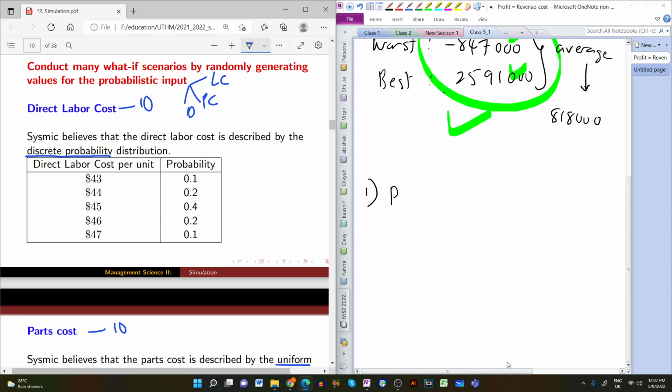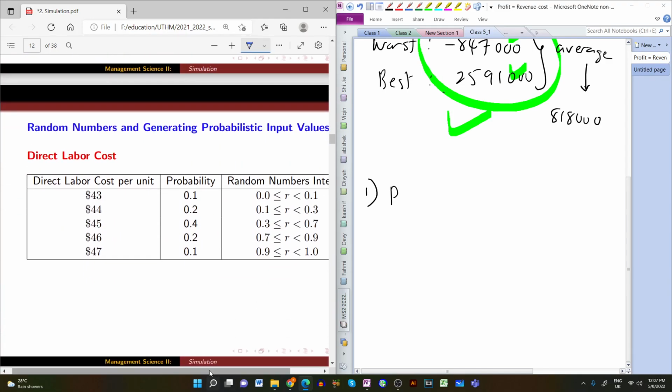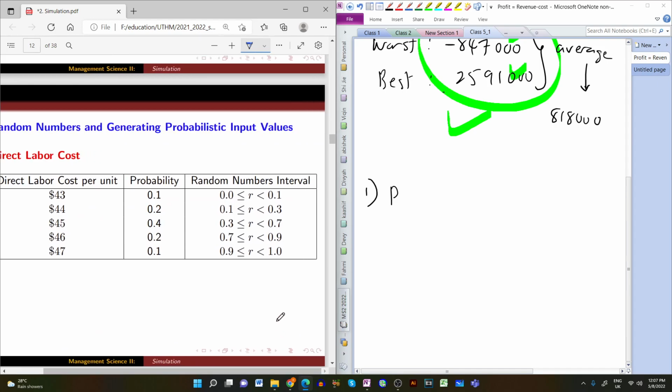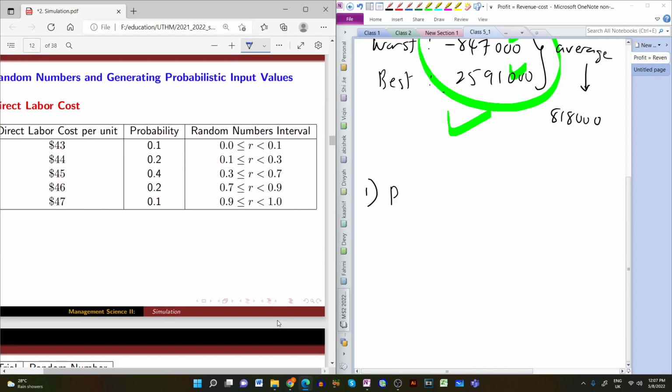Alright. Now once you copy the probability, let us construct the random numbers interval. So how do I get this random number interval? You start with 0.0 if there's one decimal place, and then you see the interval here: 0.1 minus 0.0, you get 0.1. This is actually the width of this interval. And then the number must be the same. There's an equal here, there's no equal here,